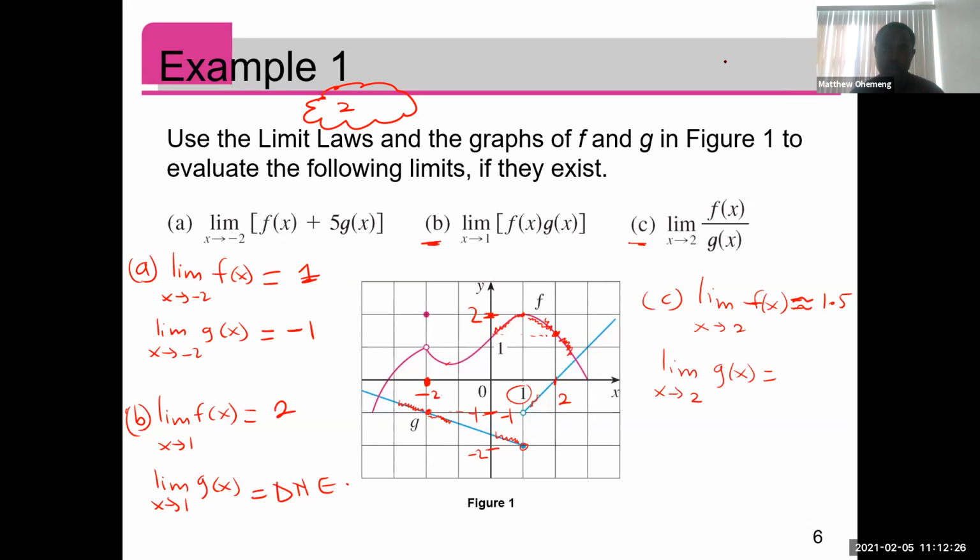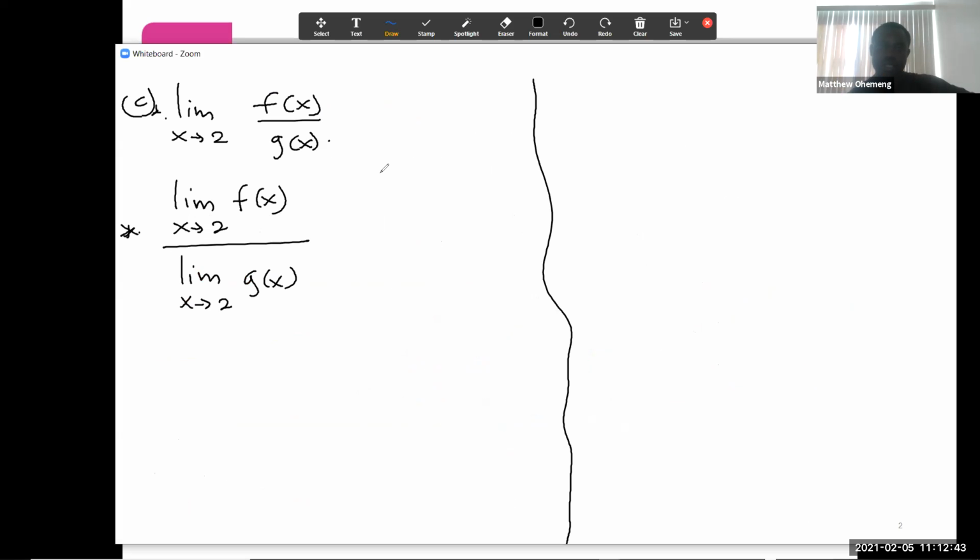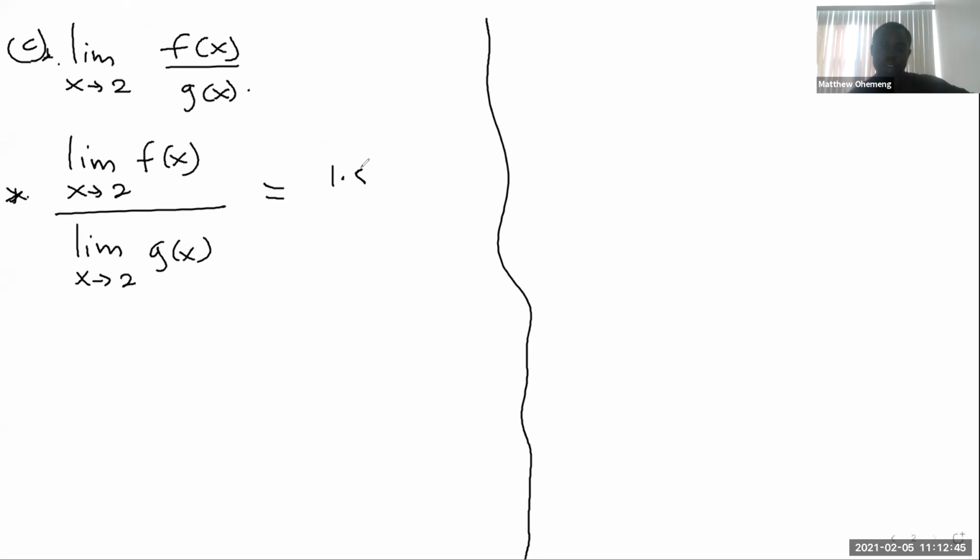Okay. So for this one, you approach it from this side and from this side. And then you can see it's approaching this point, which is what? It's just flat on the x-axis. And that is going to be 0, right? So that's 0. Perfect. So that means in our case, going back to the whiteboard, this is like 1.5 over